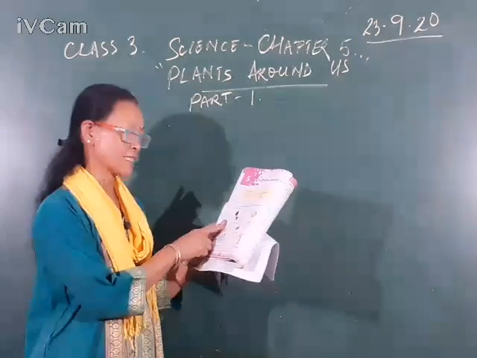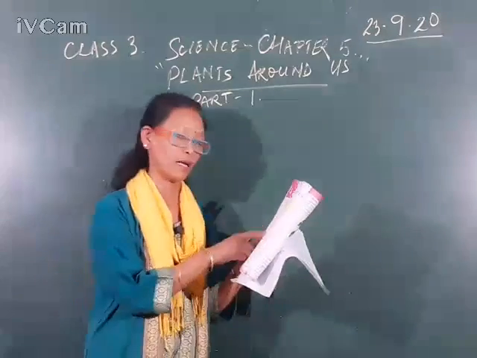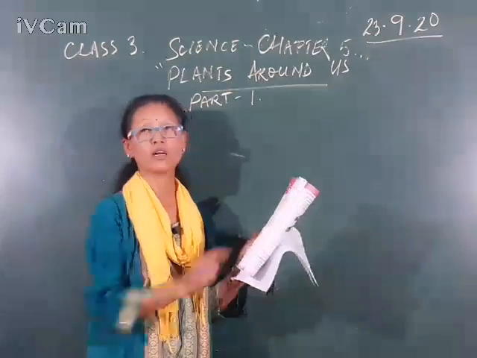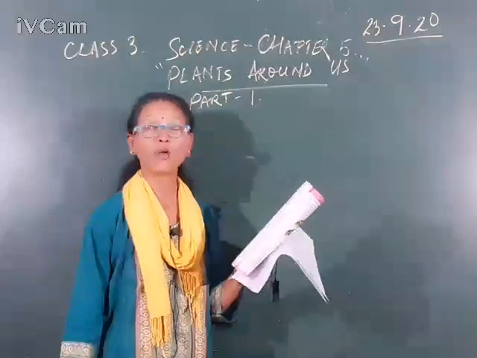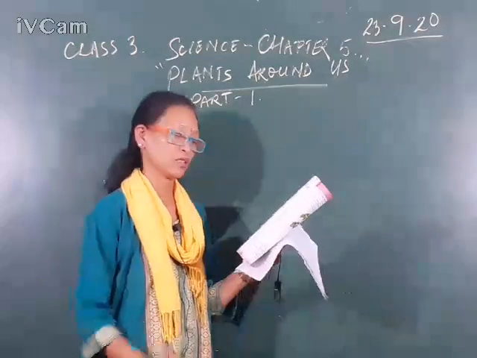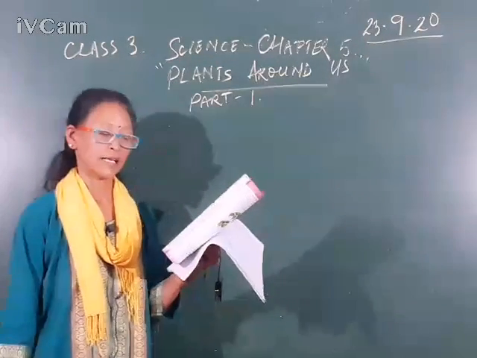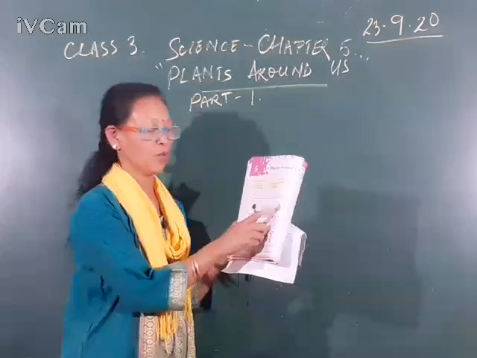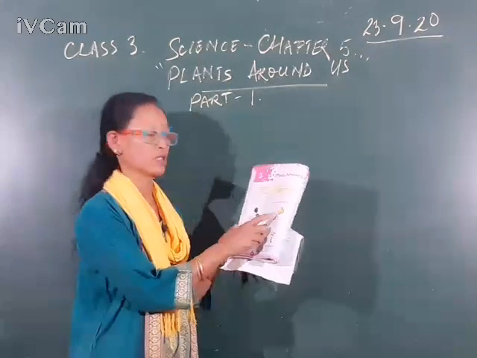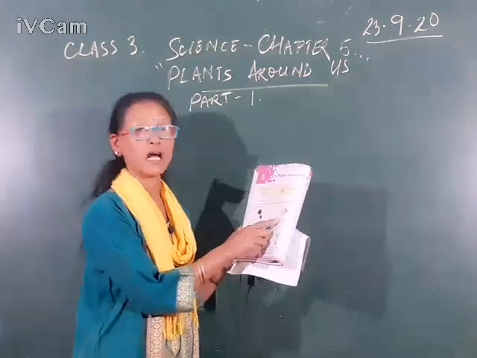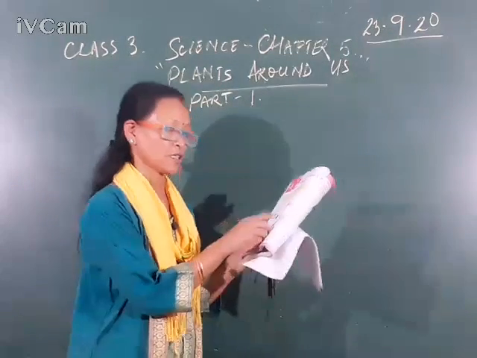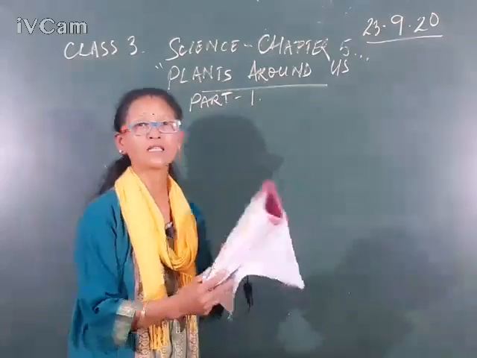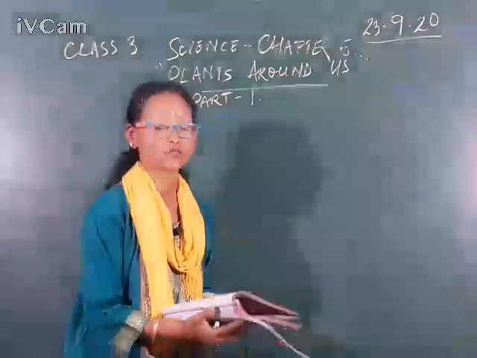Now this has a beautiful appearance. Number 1, the first picture given here. What does it show? It is a flower, isn't it? So this is a flower. The second picture, this has seeds inside it. What is shown here? It is a fruit, isn't it? This is a fruit. A mango is shown here. So it has seeds inside the fruit.